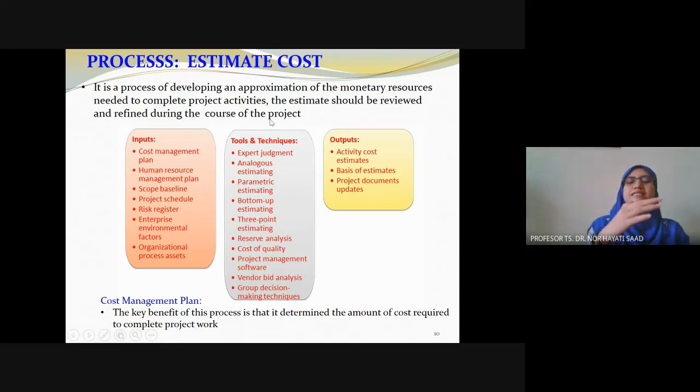It means step by step, time by time, throughout the plan and also the execution, you should do the estimation in detail. In fact, from the beginning we should estimate in detail. Knowing this will help you a lot to do more practical estimation and more practical budgeting of the project.